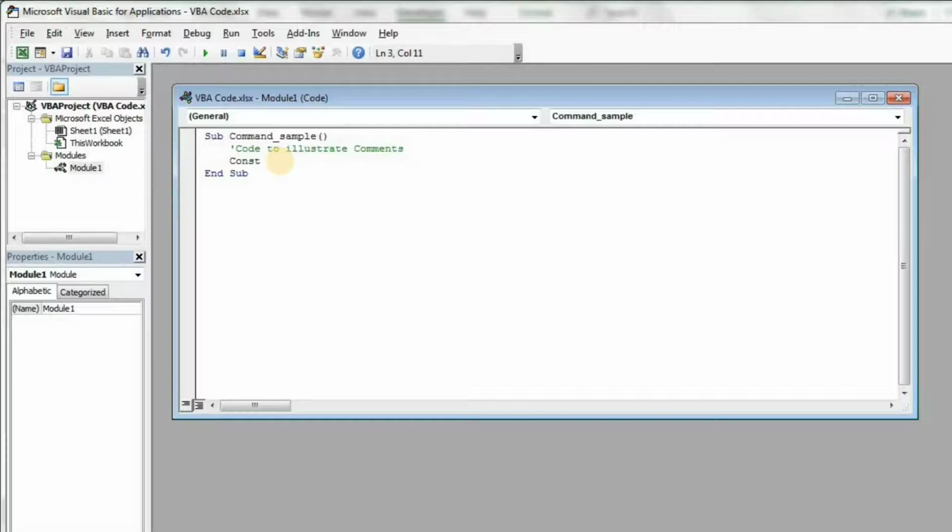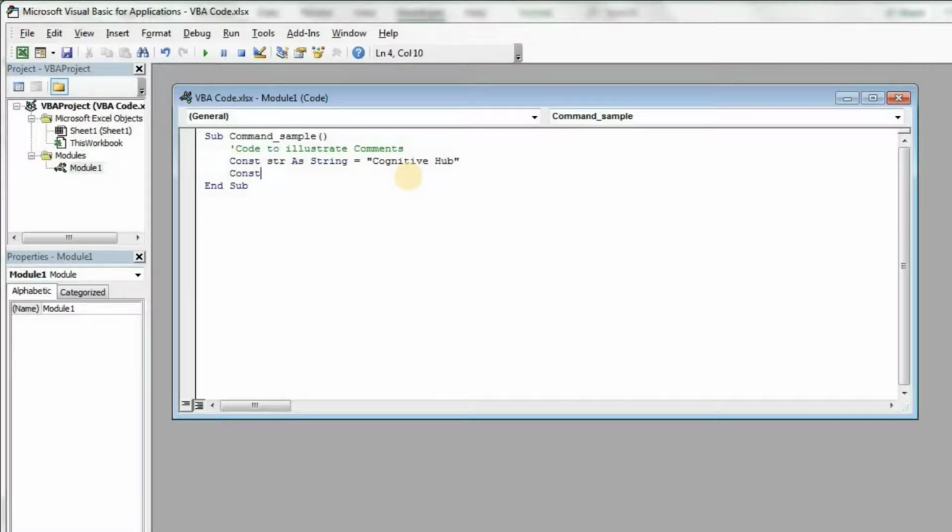Suppose I want to name it str, as the variable type here is string. So this is the main syntax, and here you need to assign a value to this constant variable str. I am assigning the value cognitive hub. So if you press enter and it is syntactically correct, then it won't show any error.